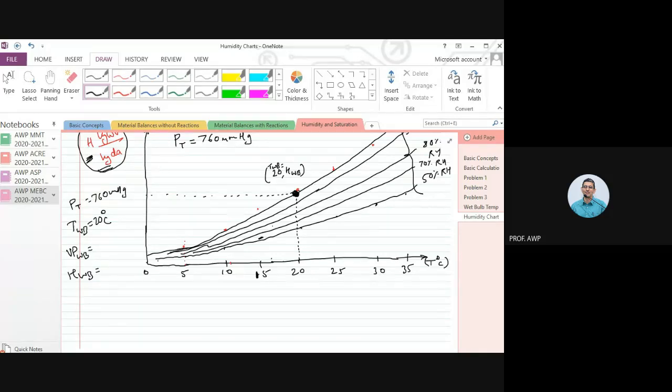Somebody calculate and tell me. So, sir, 17.184 mmHg and humidity is 0.0146. Now, if I plot in this relationship, if I plot it here, if I put it in this equation,